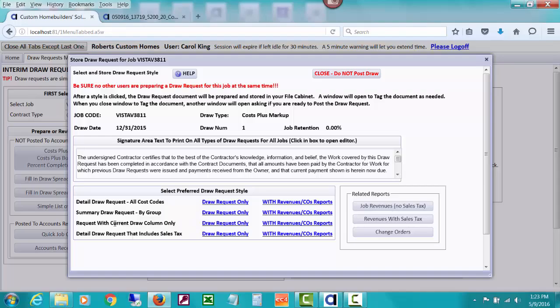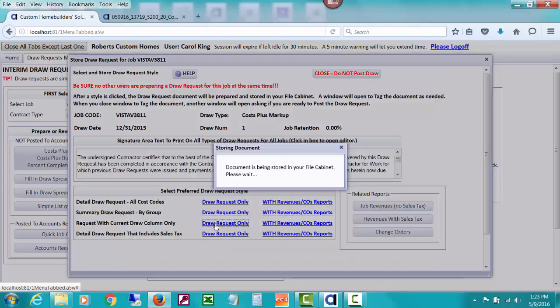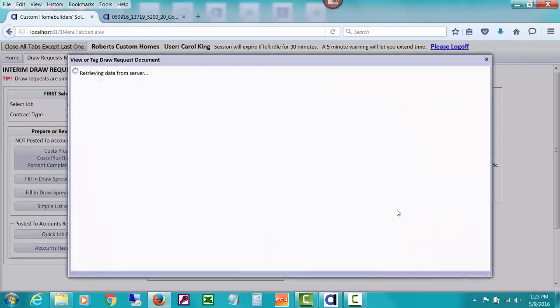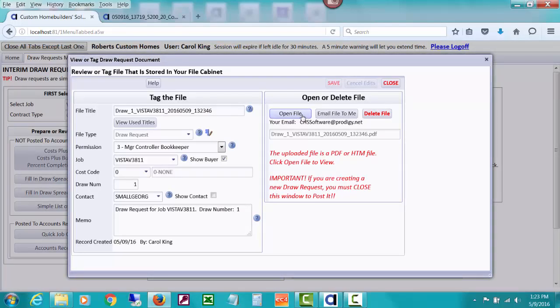This one will only show the current draw column, and not prior drawn or anything. It's just a column saying this is what I'm drawing, flat. No balance due, no budget, no anything. It's just a list. So if I open that,